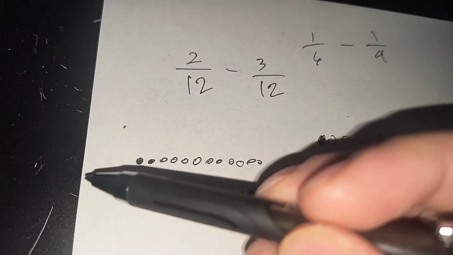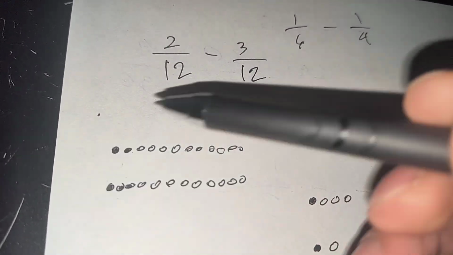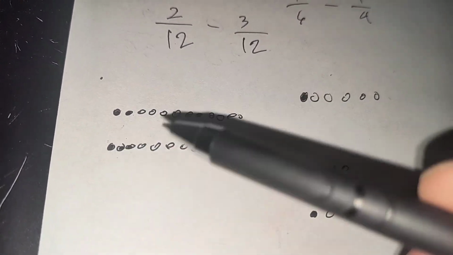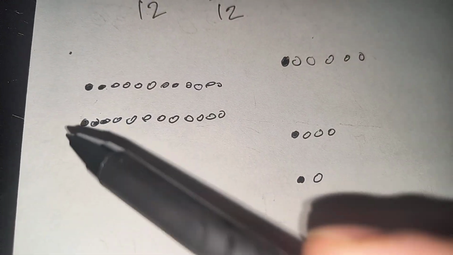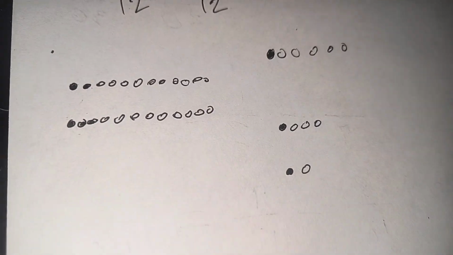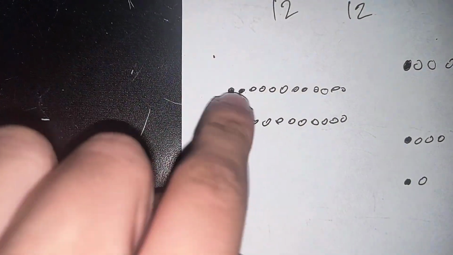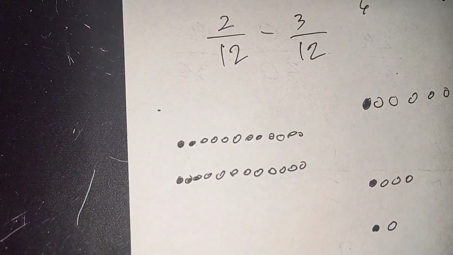I can't do that. I can take away 2 out of a group of 12 from 3 out of a group of 12. That I can do, but I can't take away 1 out of 6 from 1 out of 4. There's no 6. I don't know what this is in relation to this. So I have to make them the same group so I know how much it is in this group. Anyway,